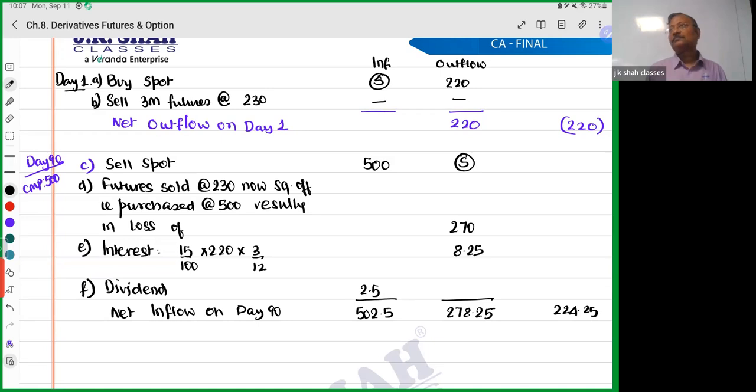ऐसा पॉसिबल नहीं है कि मतलब मैंने 230 पे सेल किया फ्यूचर... Logs in the next class, yes Mehika, logs in the next class. हाँ मैंने 230 पे फ्यूचर सेल किया, correct. मैं अभी 1 महीने बाद में फिर उसको बाय... एक मिनट, तुम स्पॉट कुछ नहीं किए, कुछ नहीं किया, तो फिर you are speculating on futures, ठीक है? You have sold, अभी तो महीने भर के बाद फ्यूचर का प्राइस या तो ऊपर चला गया होगा या नीचे गया होगा, अगर नीचे गया तो तुम्हारा प्रॉफिट है, पर ऊपर चला गया तेरा लॉस है, तो ये तो स्पेकुलेशन हो गया, you can do. हाँ, आर्बिट्राज नहीं, आर्बिट्राज के लिए तो तेरे को वो दो ऑपोजिट एक्शन चाहिए ही चाहिए।